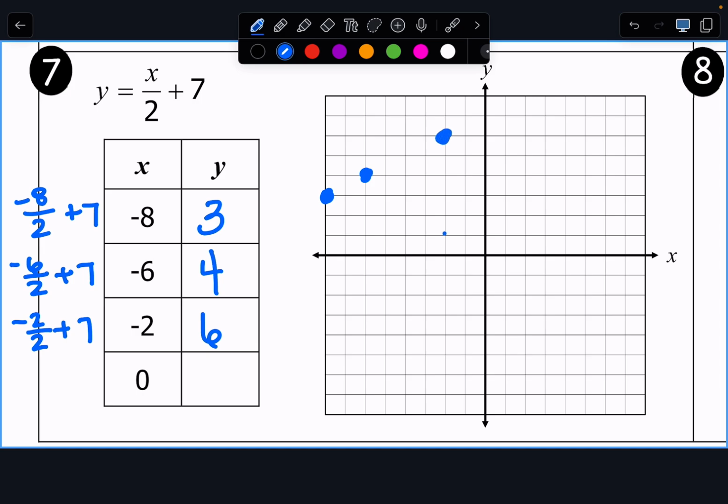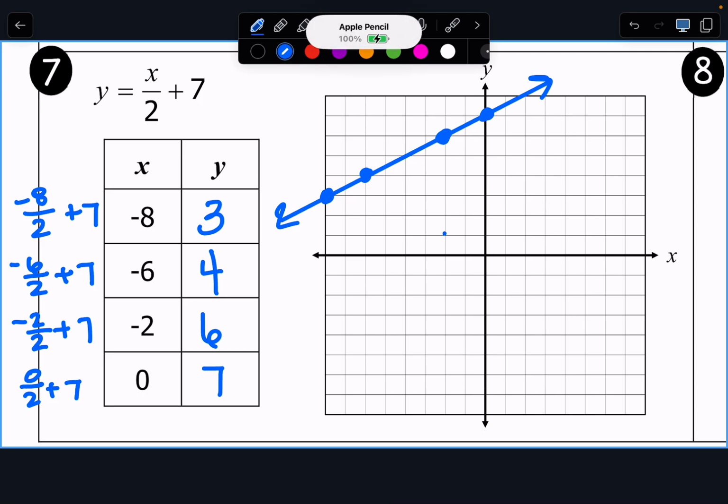Okay. And 0 is my favorite number to plug in. 0 divided by 2 plus 7 is going to give us 7. Do you notice how some of our lines slope up and some of our lines fall? That's something that we're going to look more at on Wednesday. But for now,